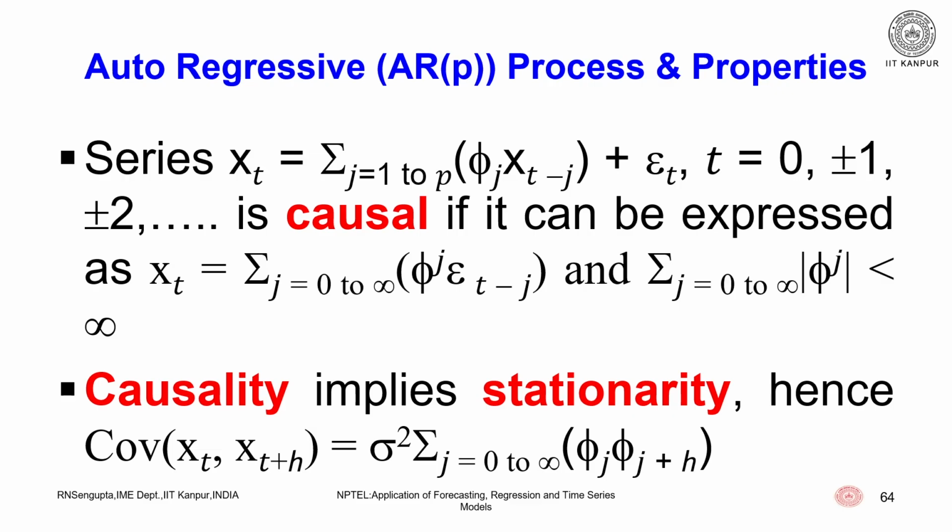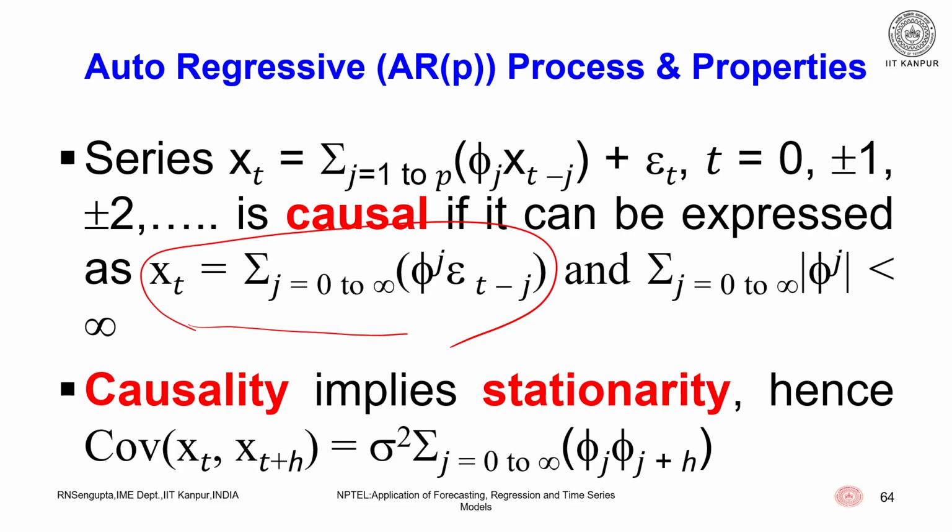If it is causal, it can be expressed as that equation here, and remember here we have considered technically the k value tending to infinity as we just did in the last slide, but with an additional condition that the mod of any of these phi's which we get are always less than infinity. In that case the concept of causality will hold true. This basically comes from the concept of any series expansion, or the limiting concept of this series depending on the properties of the random variable or the series which you are